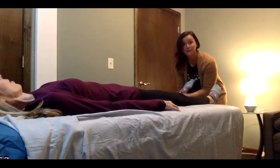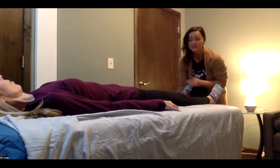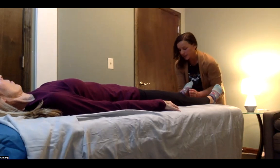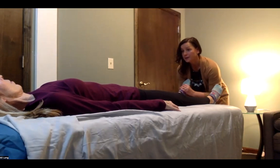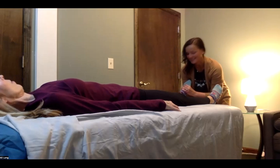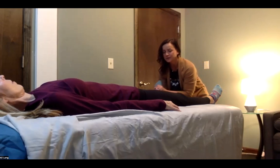Oh yeah, we have to be careful. She has a bad ankle, and that's always a good thing to check from a practitioner standpoint. You always want to ask, do you have any knee issues? Do you have any ankle issues? Okay, so Julie, I'm going to barely pull. Is that okay right there? Okay, good. So the traction, femur alignment, and then bringing the leg out,